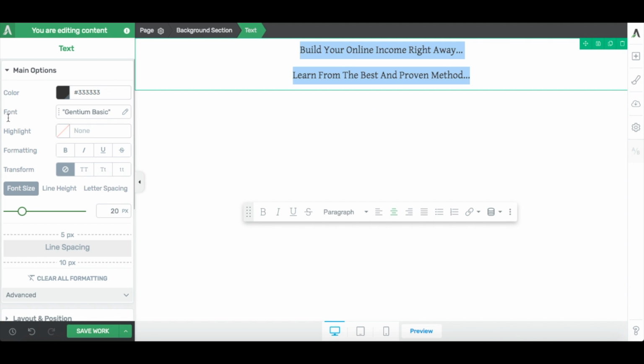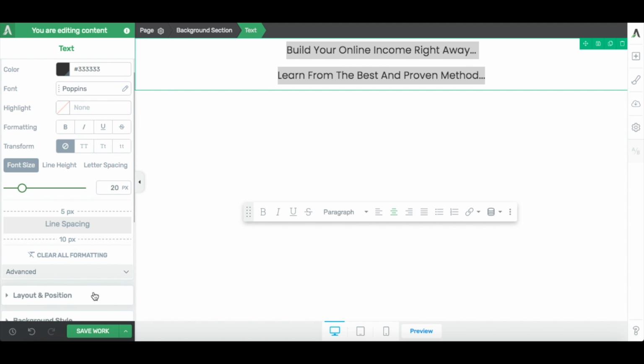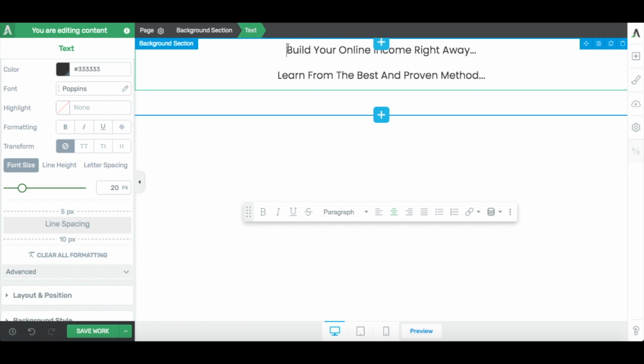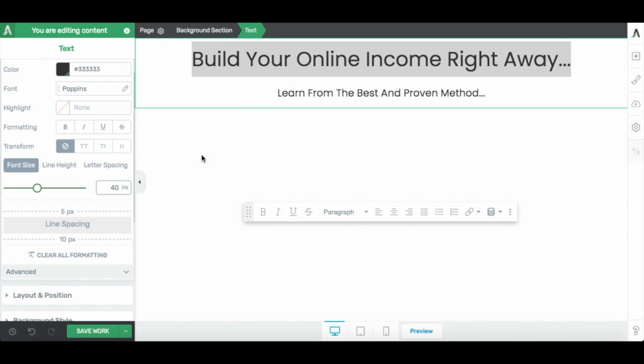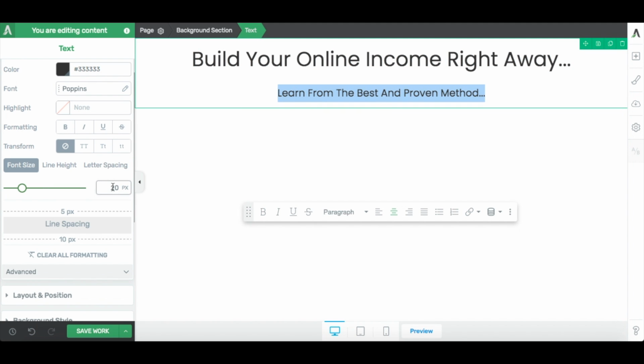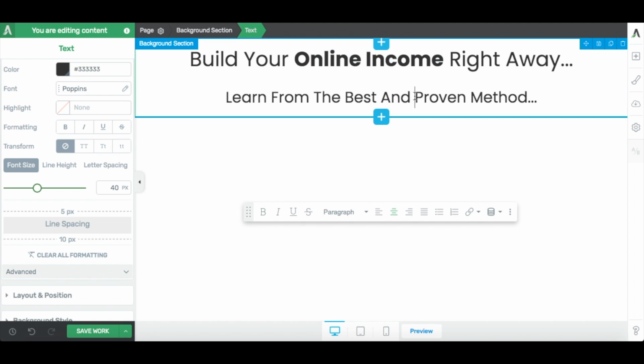Another thing that I've personally is I like to keep my fonts under Poppins. It's just a personal favorite. I just like this font compared to others. And then I'm gonna maybe increase the size of my font. So I'm gonna make that 40, and since that's 40, I'm gonna make my second line probably at around 30. And I'm going to highlight some sections. I'm going to make this section bold, as well as my best and proven method. Alright, so now that most of my text is in here,